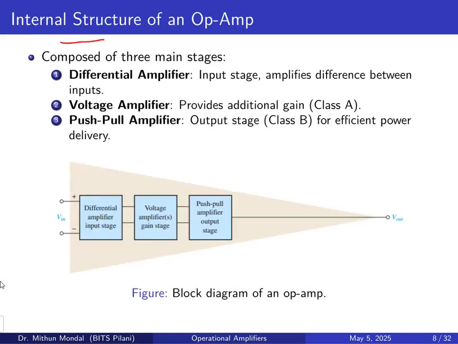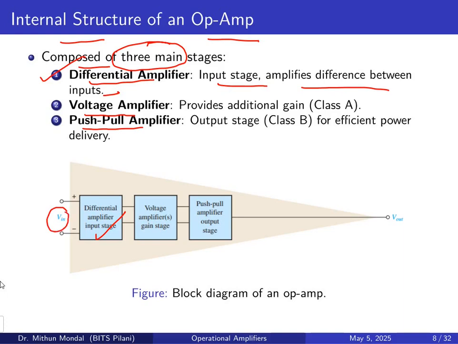So when we talk about the internal structure of an op-amp, these are basically composed of three main stages. The first stage is the differential amplifier. The second one is the voltage amplifier. And the third one is the push-pull amplifier. So the differential input stage of the amplifier is the input stage. It amplifies the difference between the inputs. So whatever input we are giving as the differential between the positive and negative terminal of this input stage